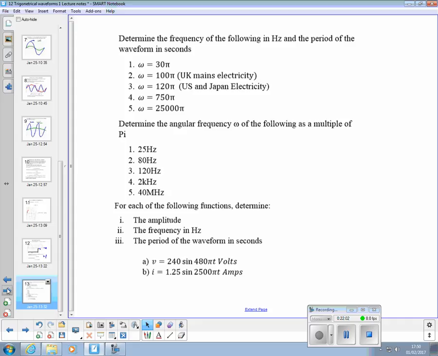Determine the frequency of the following in hertz and the period of the waveform in seconds. Okay, there's some problems for you to have a go at. Determine the angular frequency omega of the following as a multiple of pi. And for each of the following functions, determine the amplitude, the frequency in hertz, and the period of the waveform in seconds. While you guys are having